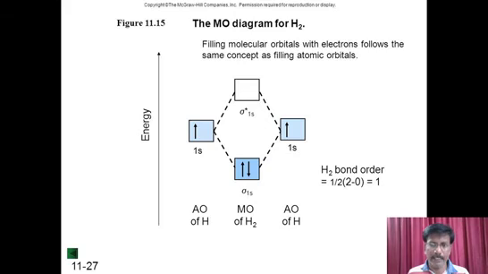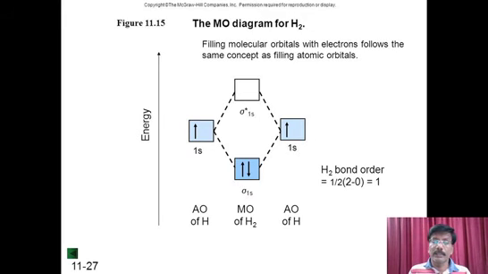Okay, coming back to our hydrogen molecule, bond order is 1. Bonding electrons are 2, antibonding electrons are 0, so 2 minus 0 by 2 gives a bond order of 1. And what is the magnetic behavior? How can you consider magnetic behavior? Now look at the diagram again. You cannot find any unpaired electrons in the middle part. Don't look at the sides, that means don't look at the atomic orbitals. Look at the molecular orbitals only, meaning the middle one. In the molecular orbitals, you don't find any single unpaired electron. Therefore, it doesn't behave like a magnet, meaning it won't exhibit any magnetic behavior. It is diamagnetic in nature.